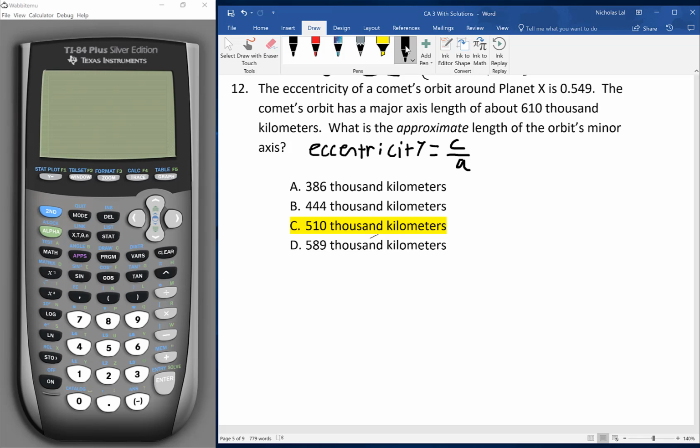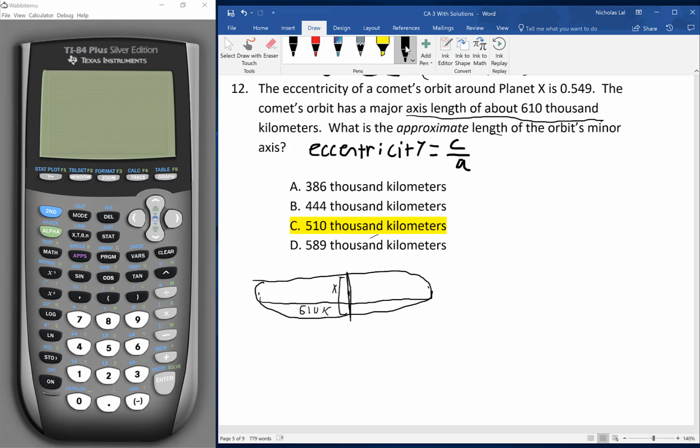So what is the approximate length of the orbit's minor axis? All right. You have a major axis length of 610,000, okay? So let's just draw an ellipse here. You have a major axis length, so this length is 610,000, okay? We need to find the length of the minor axis, so we need to find this length right here. So we need to find this, this is x,